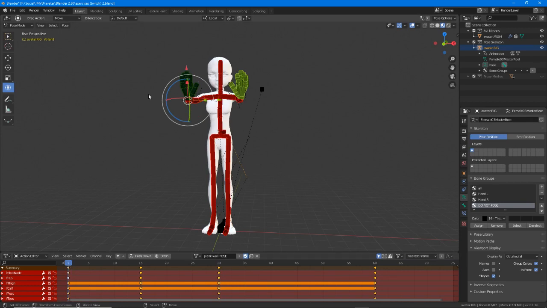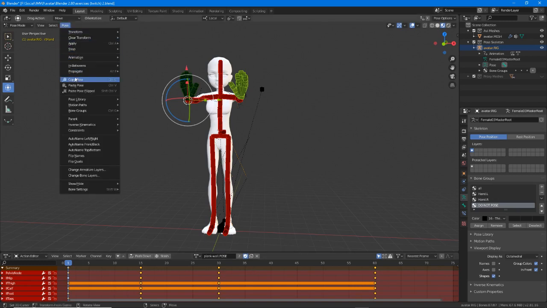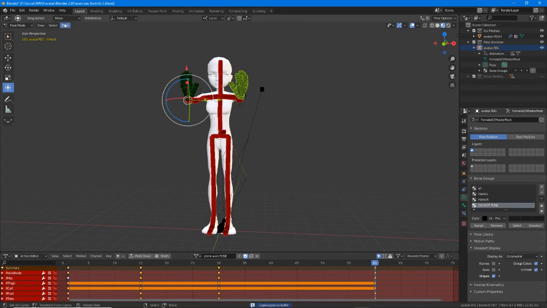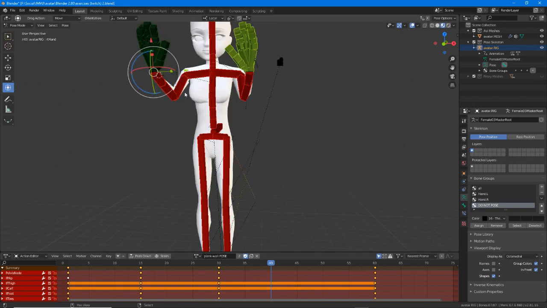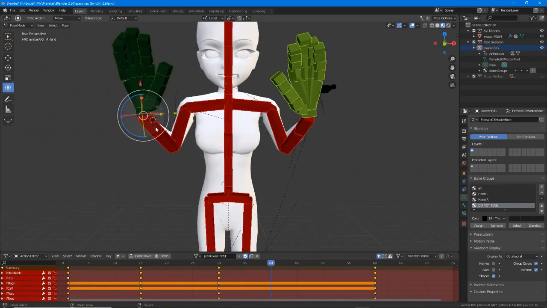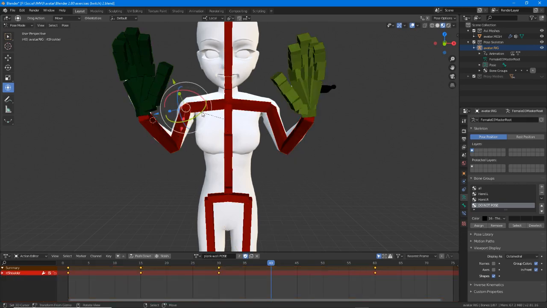So we need to make sure the first frame and the last frame are exactly the same. So pose, copy, paste. So that arm's going a bit wonky at frame 40. So using our target object, cursor, we can shoulder